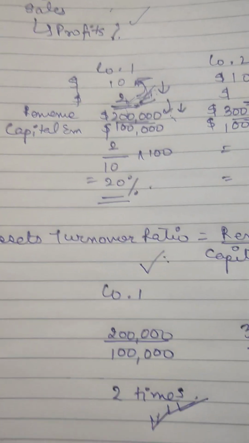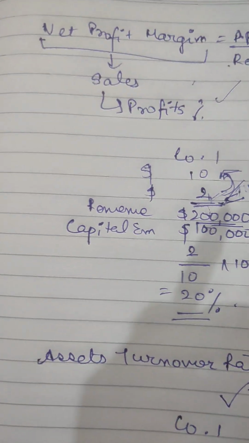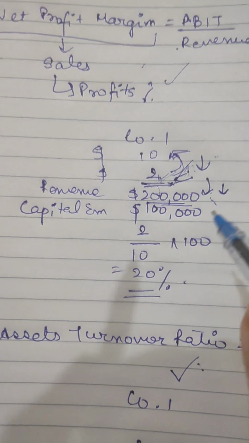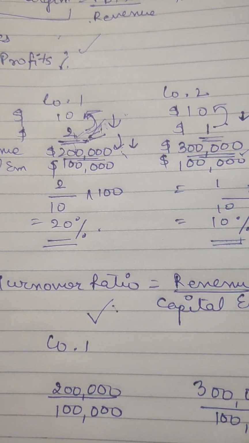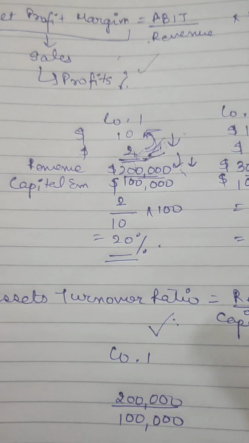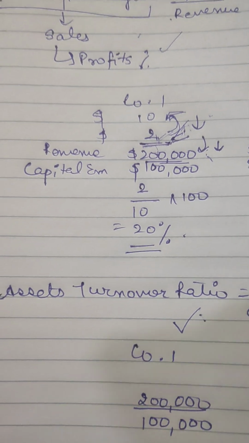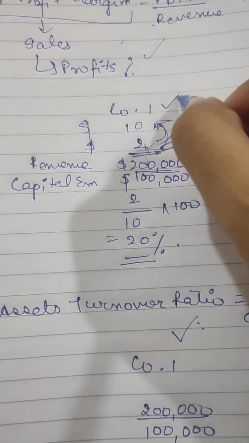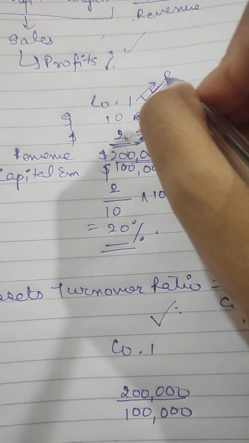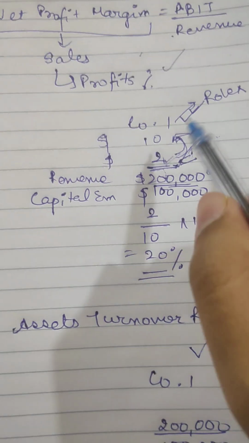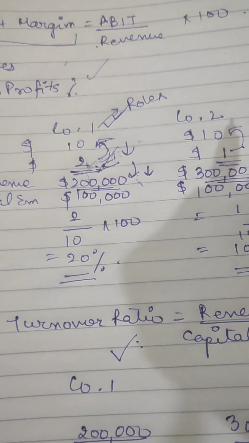Now there can be an exception that the company has some branding effects where the company is earning higher net profit margins and even have the similar revenue same as company 2 or even higher than the company 1. There can be cases where people are into brand products and the company 1, let's say where I'm going with this is, let's say company 1 is a top brand, kind of Rolex, let's say it's Rolex. They are earning higher profits per product compared to company 2, it's a local brand.